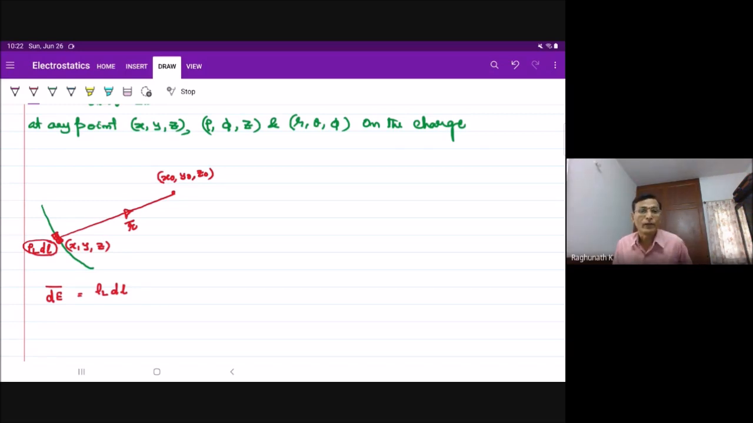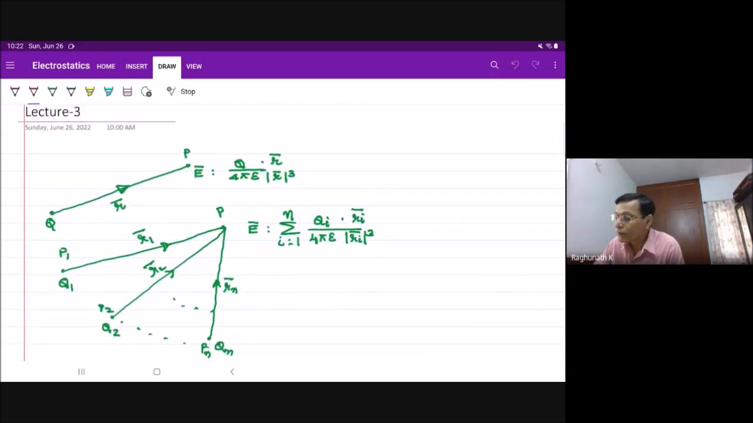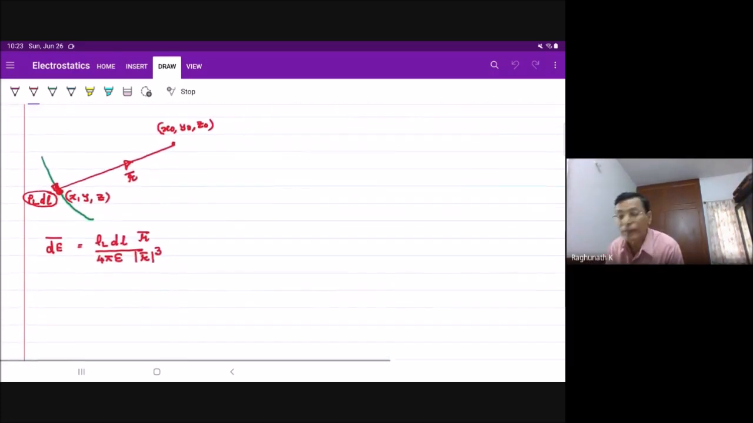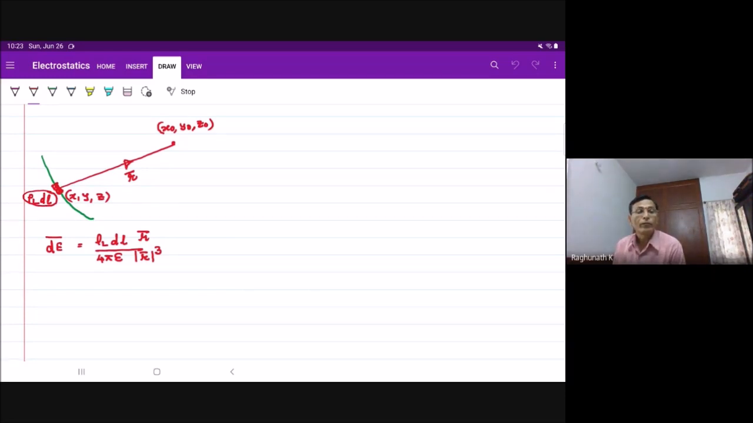Rho l dl is a charge, divided by 4 pi epsilon, then r bar divided by mod r bar whole cubed. It's r cap. Correct? R bar divided by mod r bar whole cubed. And this E bar is equal to the total E bar